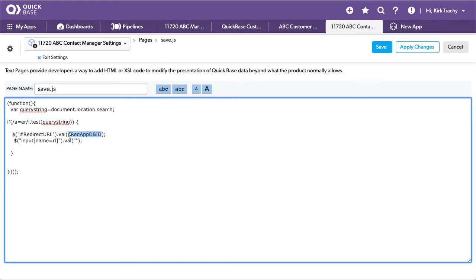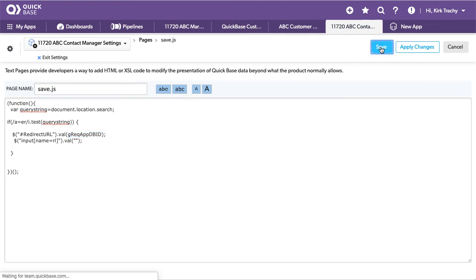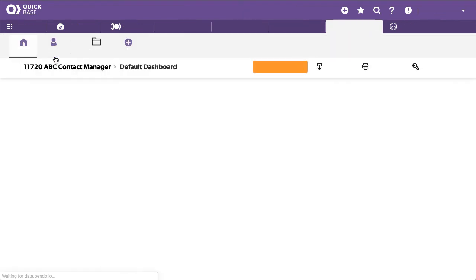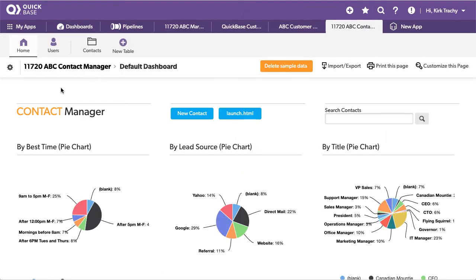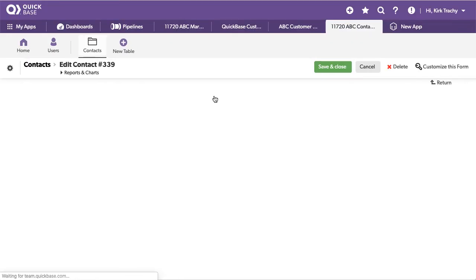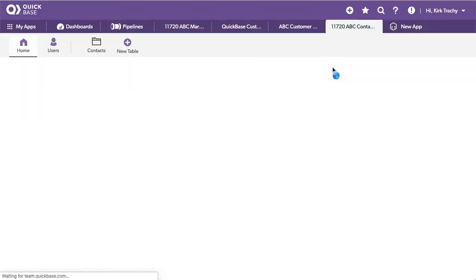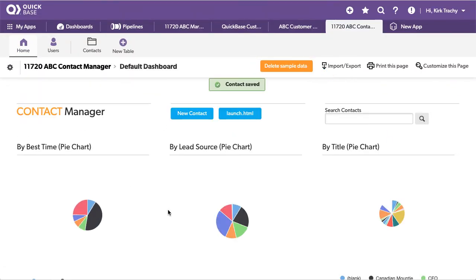And this one, I'm going to the app's ID, and it's going to be the home page. So let's save this. Remember, it only comes to life on edit record. So let's go back, and now press this button, launch, which takes us over to the record, X, Y, Z. And now I'm going to save this here, click, and it tells us to go back to the dashboard